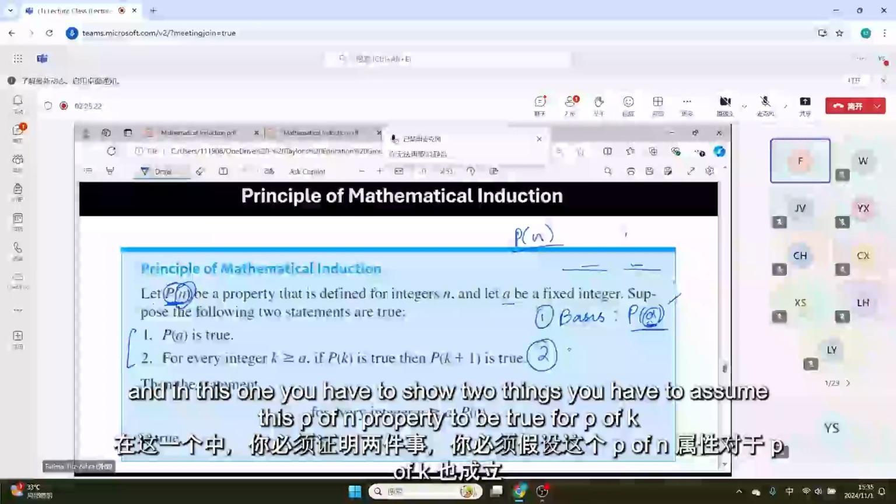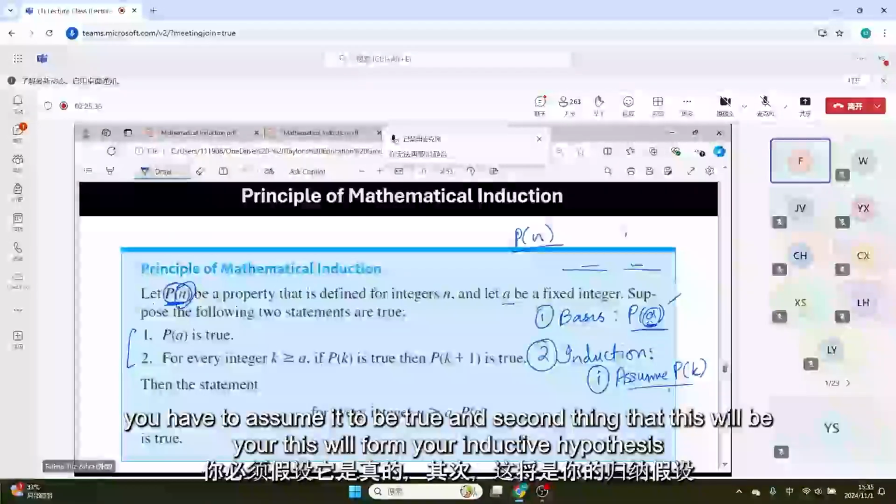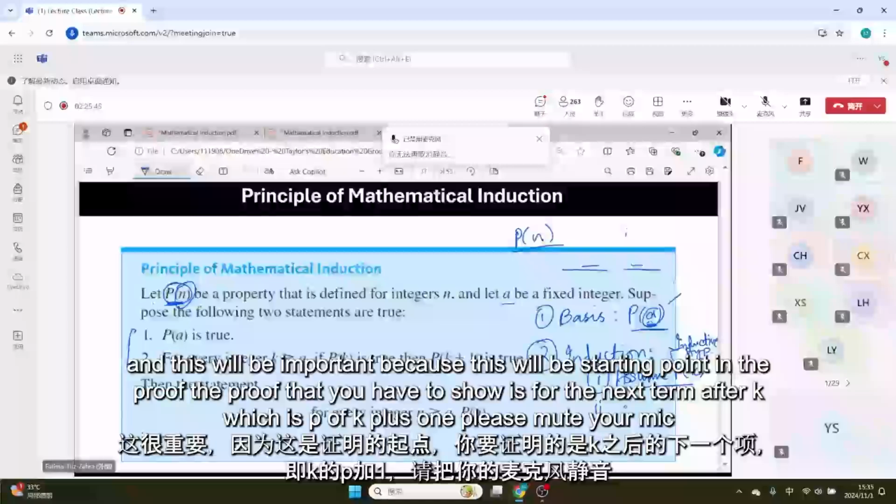The second step in using mathematical induction is the inductive step. In this one you have to show two things. You have to assume this property P of n to be true for P of k. You have to assume it to be true. This will form your inductive hypothesis, and this will be important because it will be your starting point in the proof. The proof that you have to show is for the next term after k, which is P of k plus